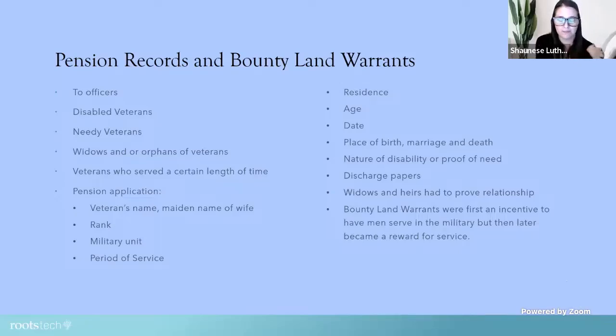If it's a widow's pension, the nature of disability, a proof needed, the discharge papers. Widows and heirs had to prove relationship. The bounty land warrants were first an incentive to have the men serve in the military, but then that became a reward later. Now with the widows